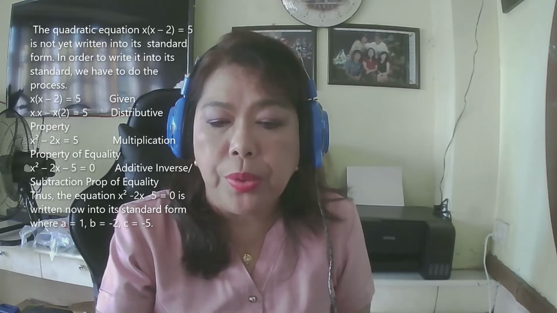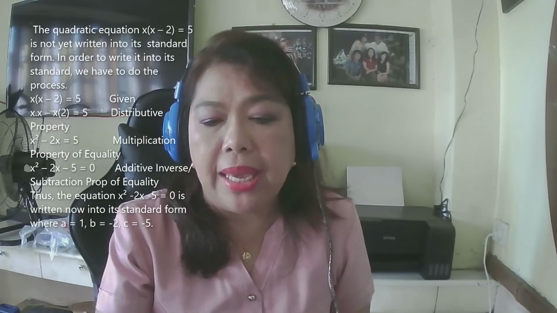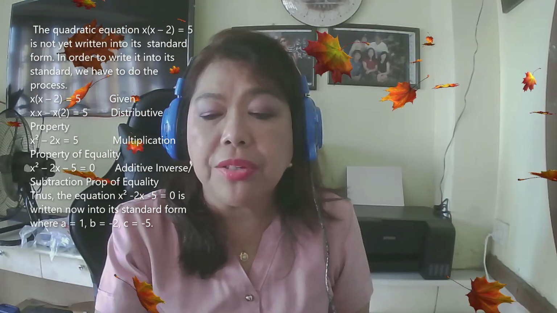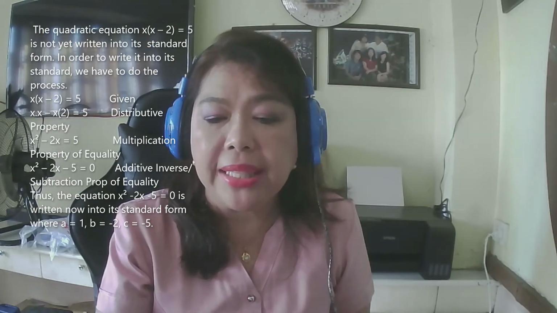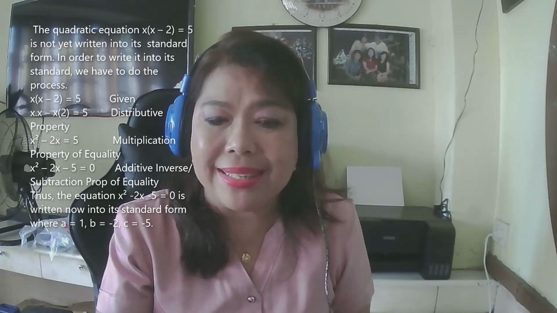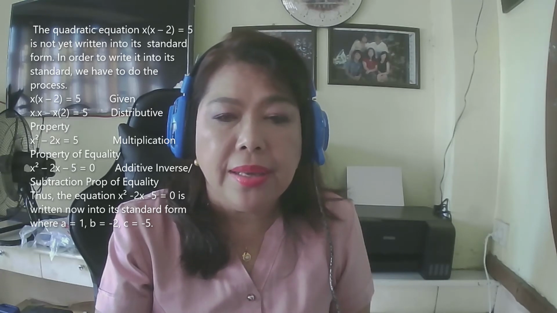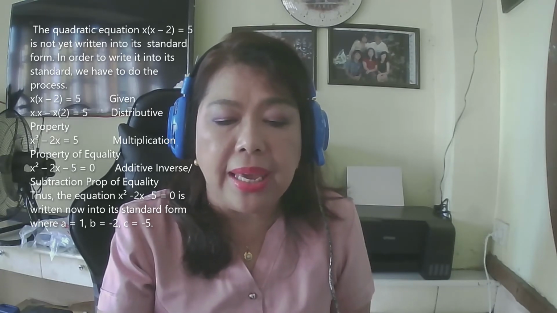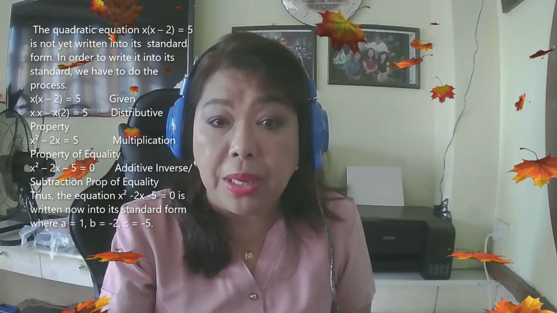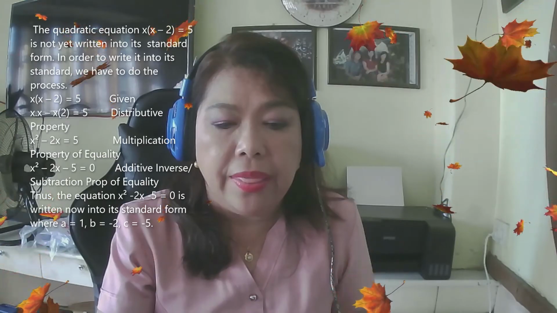The quadratic equation in example 2, x times the quantity x minus 2 equals 5, is not yet written in its standard form. In order to write it into standard form, we have to do the process where x times the quantity x minus 2 equals 5 is the given equation. Then multiply using